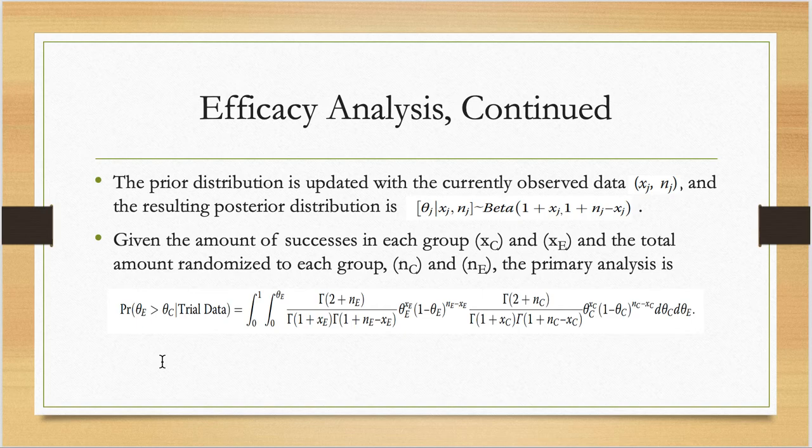And given the amount of successes in each group, which is control group xc and experimental group xe, and the total amount randomized to each group, which is nc and ne for the experimental group, the primary analysis is the probability of theta experimental being greater than theta control given the trial data, equal to the double integral